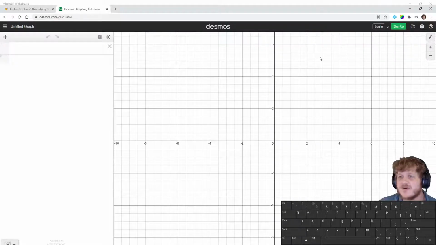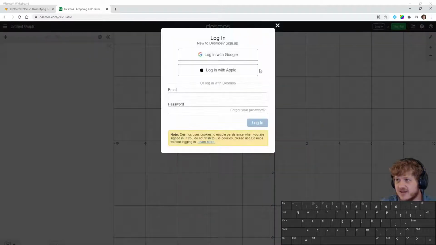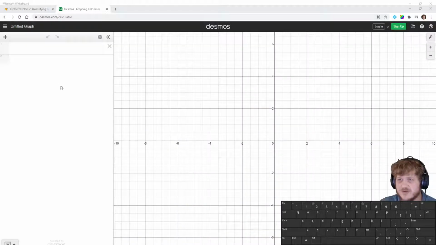All right, so once you get onto Desmos, one of the first things you'll want to do is go ahead and log in, and luckily you can sign in with your Google account. It'll pop up a little window asking what account you want to sign in with, and I would encourage you to use your school account. And then after that,